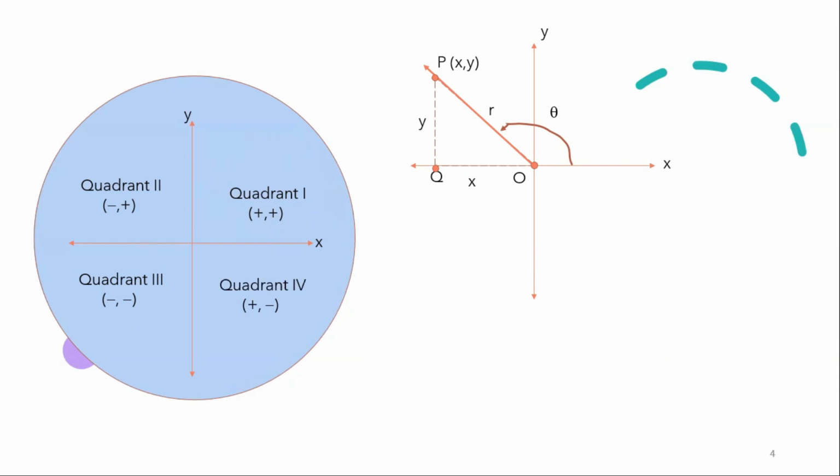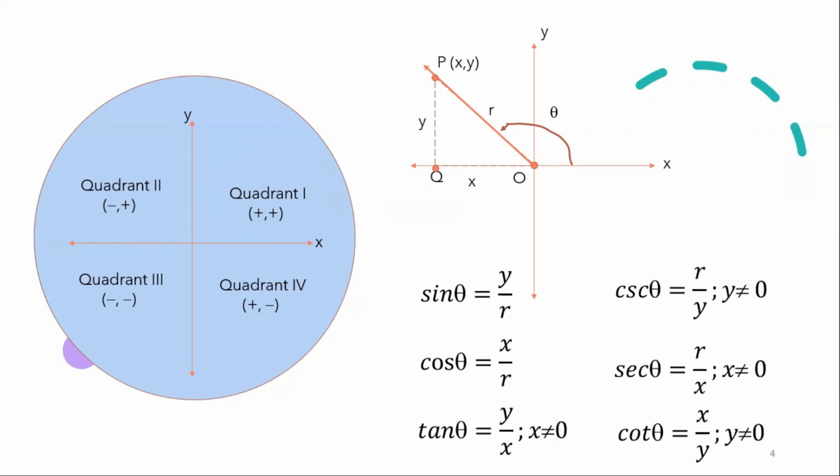So in quadrant 1, let's have the six trigonometric functions. Recall, we have sine, cosine, tangent, cosecant, secant, and cotangent. Take note of these so that you will not forget. Okay, so in the first quadrant, since x is positive and y is positive, then meaning